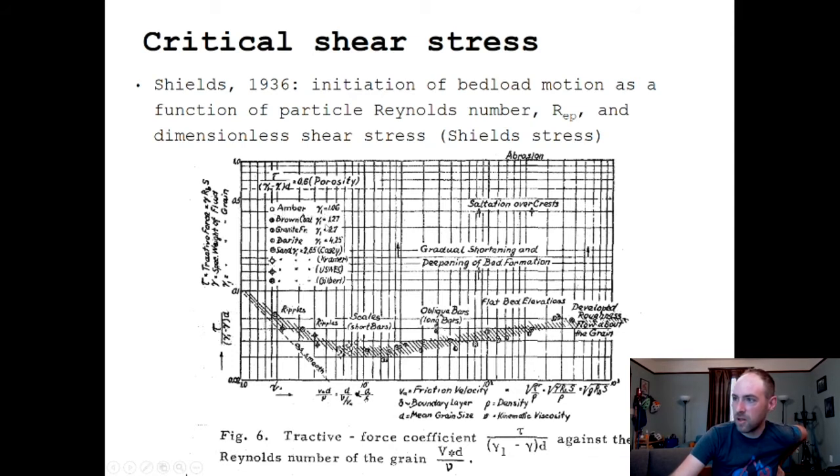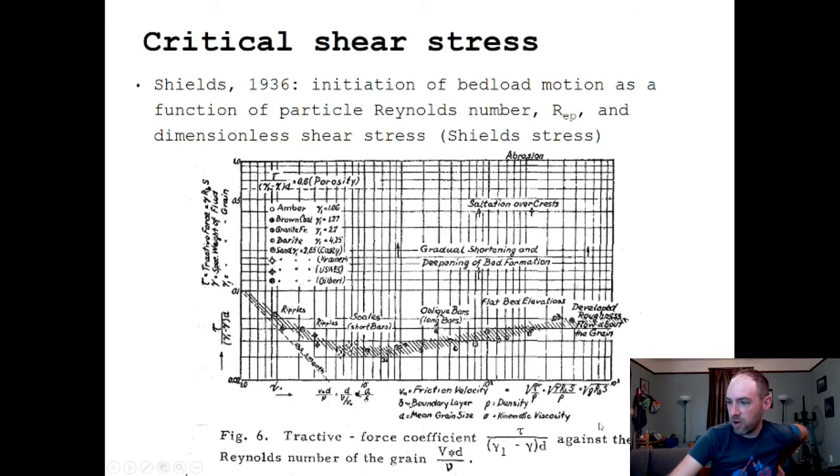You can see those written here, so he has amber, coal, granite, sand, etc., right? And you can see that over all of these different densities and grain sizes, you get a pretty consistent smooth curve here for when the grains start to move relative to their